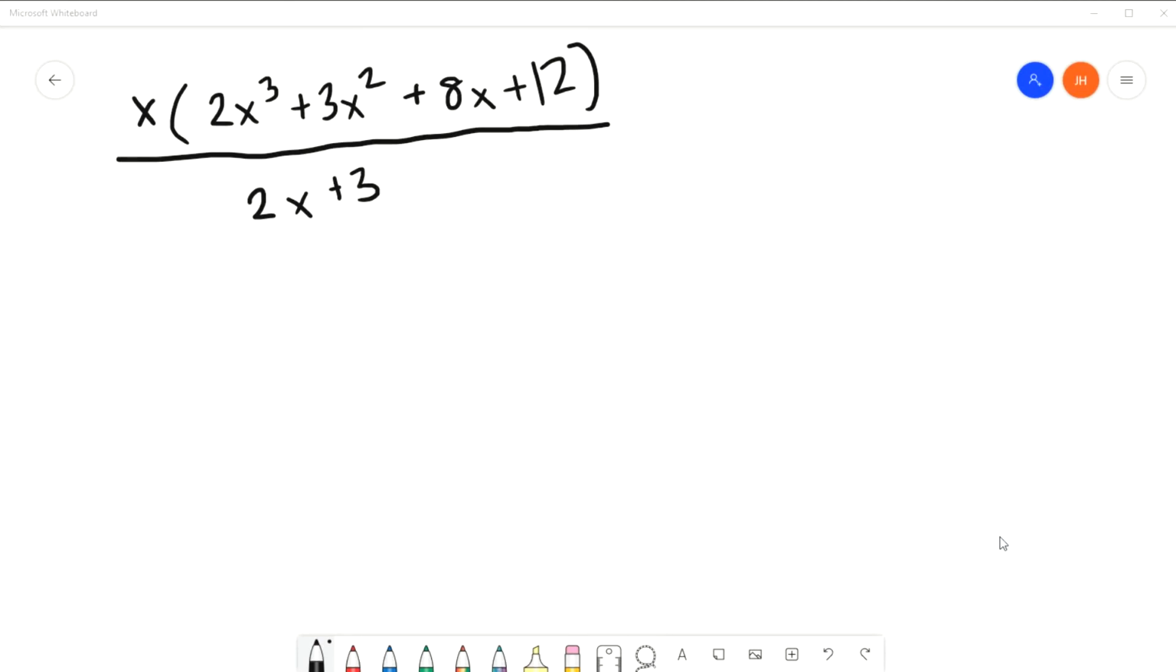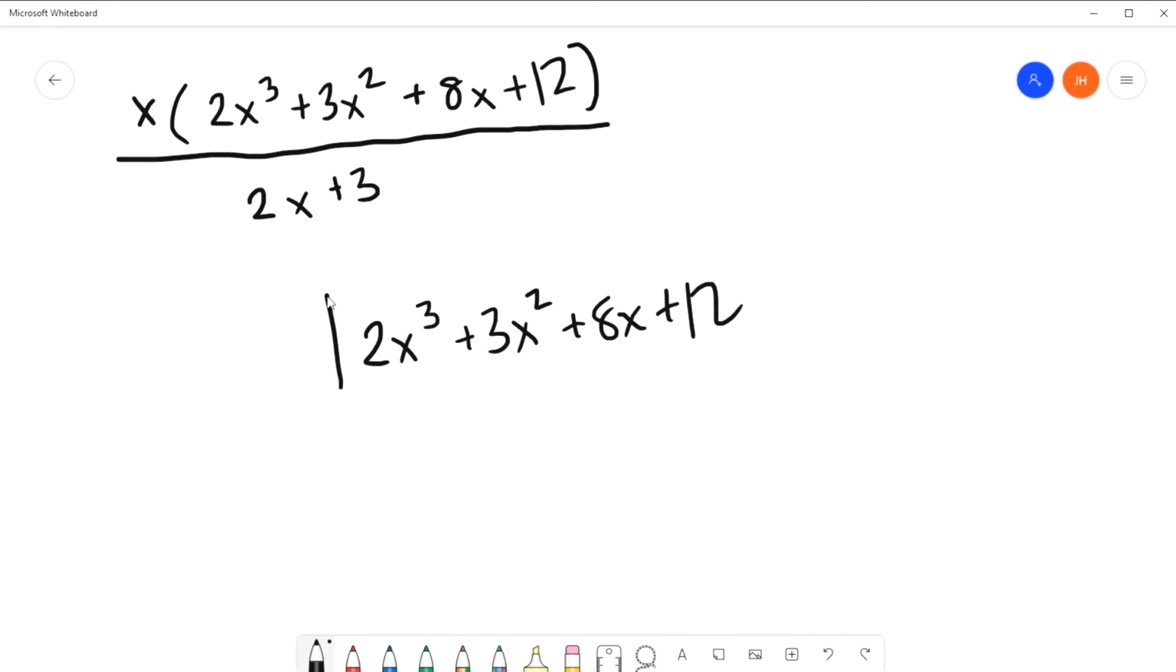So before we conclude this video, I just wanted to do one last polynomial long division with our second example for g of x. So previously we said that g of x was x times 2x cubed plus 3x squared plus 8x plus 12. And we had figured out that 2x plus 3 was one of its factors. So I'm going to do polynomial long division to factor this out here. So I have 2x cubed plus 3x squared plus 8x plus 12, and I am dividing it by